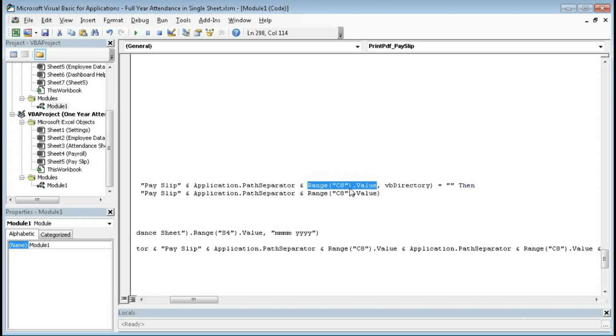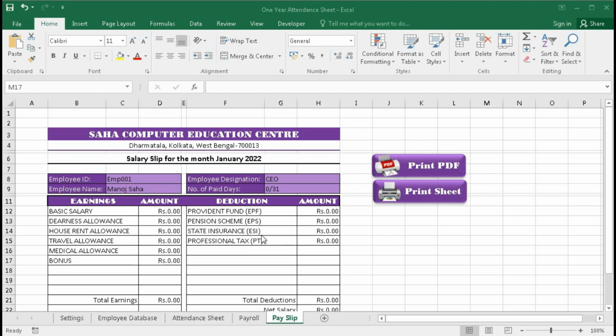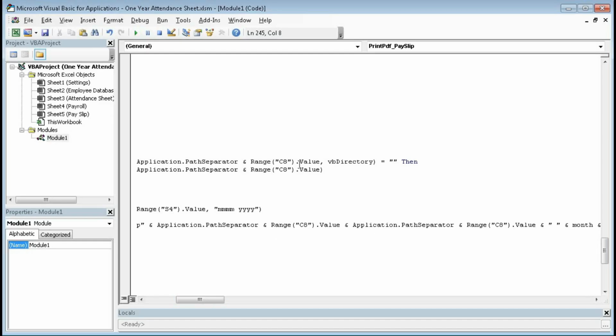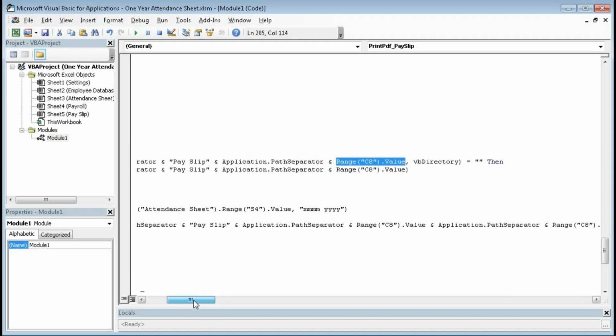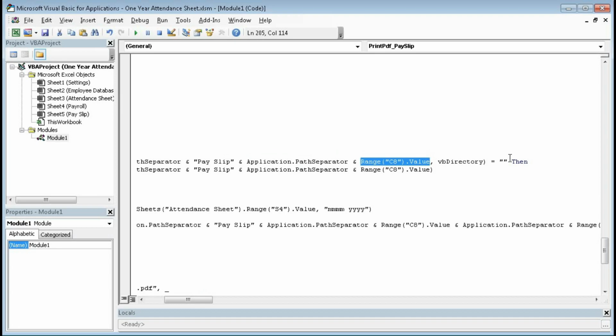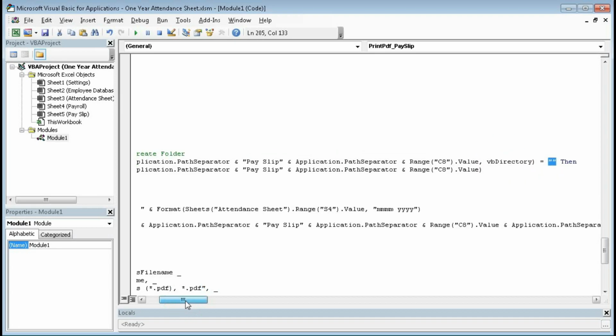That means range C8. What is range C8? Let's go here. So here you can see C8. C8 is EMP001. With this text, a folder will be created if it doesn't exist. So range C8 dot value is the value you can see here, that is EMP001. If this folder exists within payslip, then it's okay. Otherwise, if it's blank, then it will create a folder within the payslip with the value within the range C8,